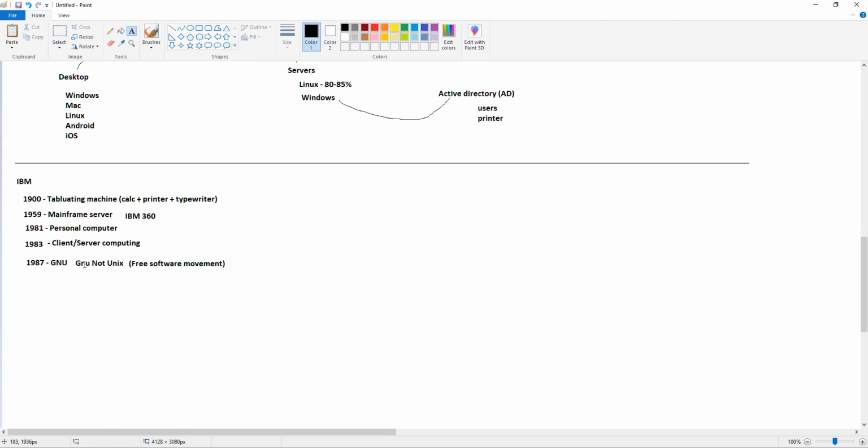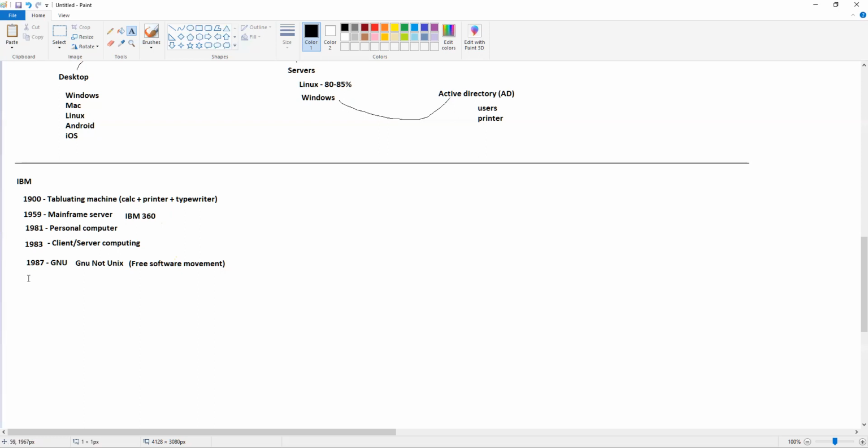The Apache Foundation and the other foundations from where we actually get open source software also came into existence around 1987. Different foundations came about where you could get software which was free, and again, free as in freedom. That's what they say in open source. So we'll see more of that tomorrow.